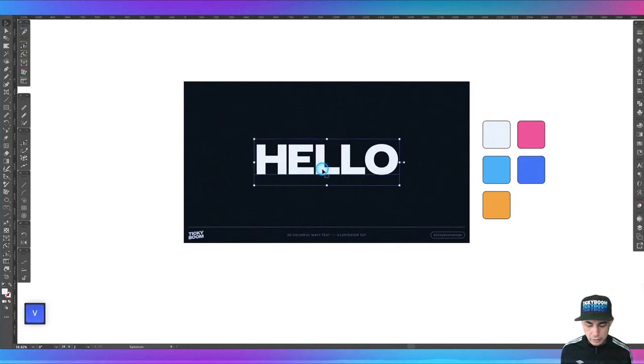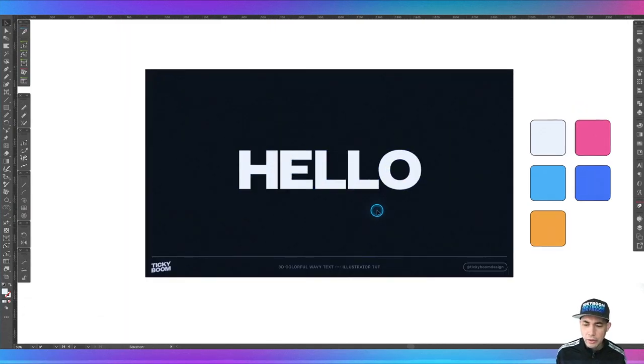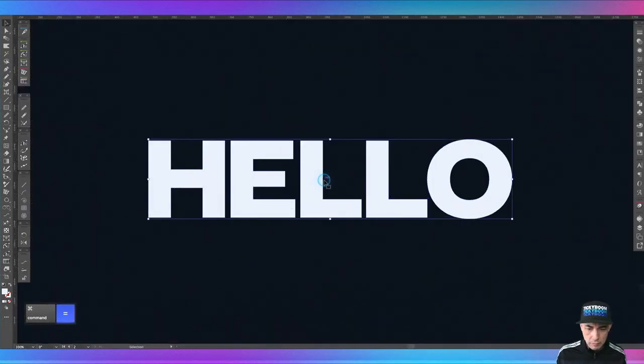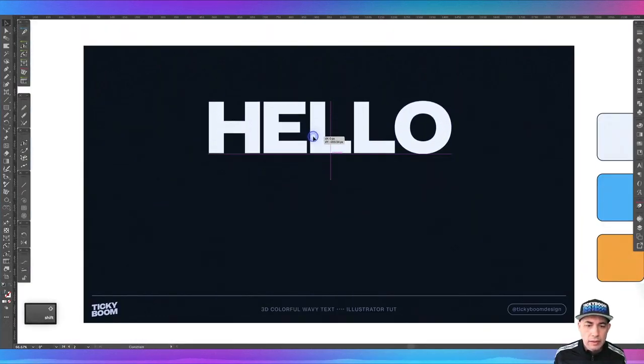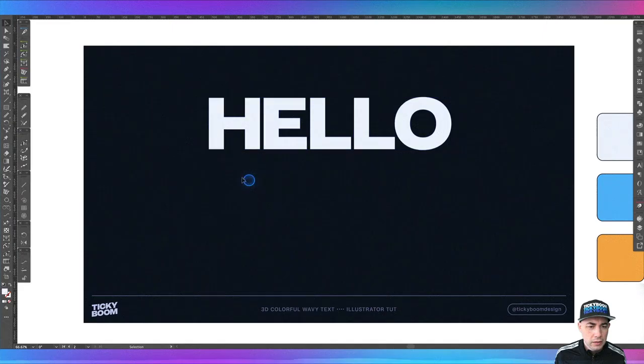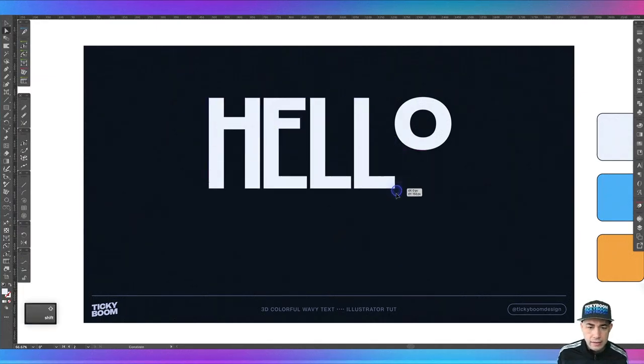So we got that, and we're going to go ahead and outline the text. And so we got the text outlined. Now that we have our text outlined, I'm going to go ahead and ungroup it. And I'm going to zoom in just a couple pixels here. So we'll go there, and we're going to bring this text up here, and we're going to start manipulating the text. So we want to get to the little bottom portions here, and we're going to go ahead and go like this,